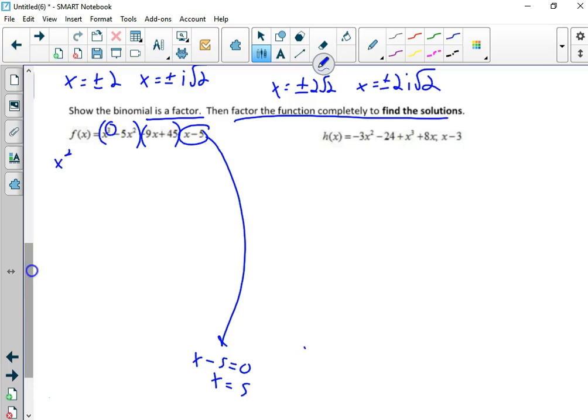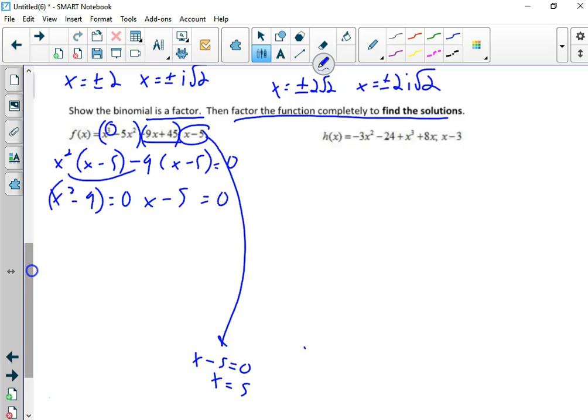So take out the x squared, you get x minus 5. Write x minus 5 here. This will help with the signs. What do I have to divide this by to get positive x? Negative 9. So, hook them up. X squared minus 9 equals 0. X minus 5 equals 0. I kind of skipped that step just to save time and space. This is x plus 3, x minus 3 equals 0. So I end up with